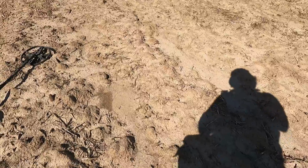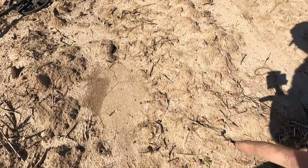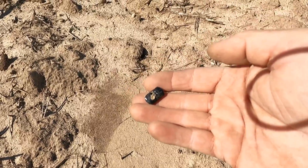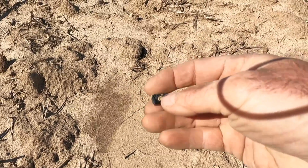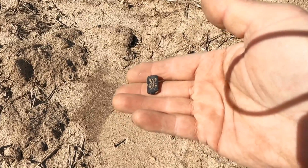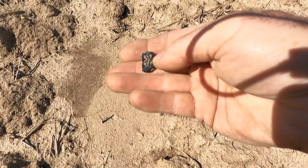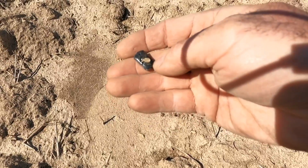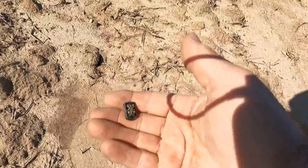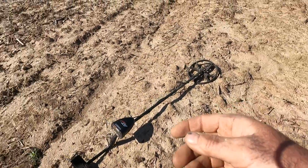We'll save it. So I've got a couple things to look at. First is that little black thing, which I just saw when I was turning the camera on. Oh, looky, that's like a cufflink. That's what that is. That's a beauty right there. That's glass. A nice little design on it, and you can see in the back it's got the loop. A glass cufflink. Ha! And I just actually eyeballed that as I was turning the camera on because I want